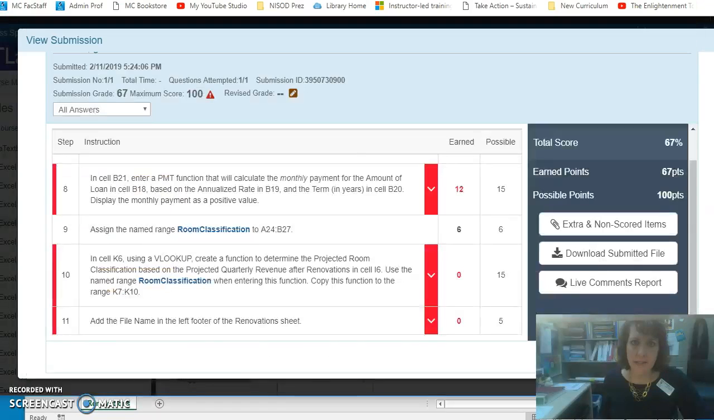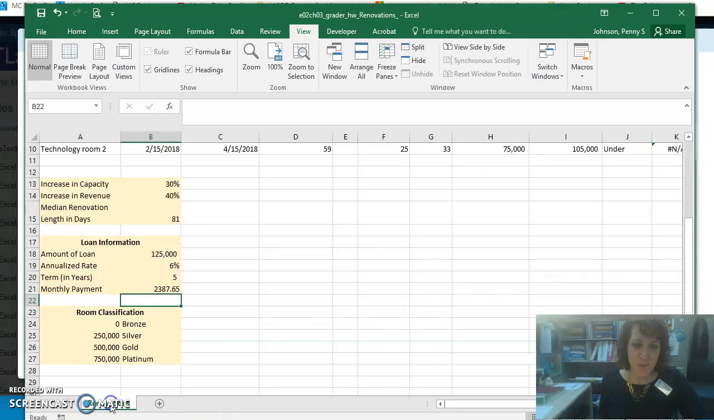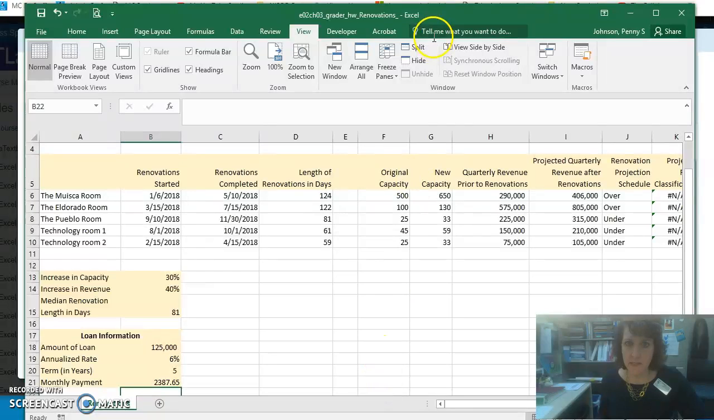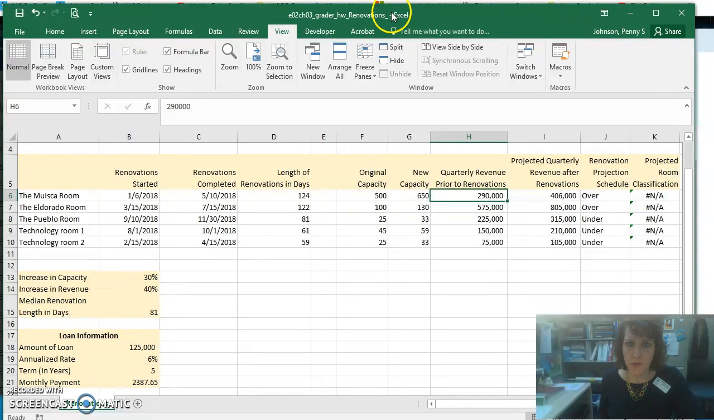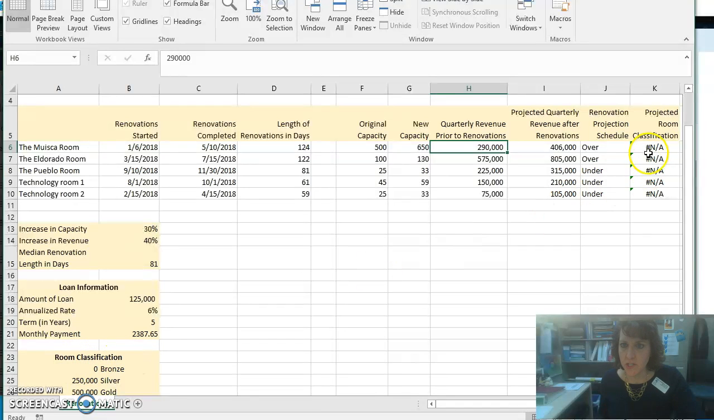Let's see what our next step is. That was step 8. Step 10, in cell K6, use a VLOOKUP function. Okay, so we'll go and take a look at that one in the spreadsheet. And that's way over. I can see already it doesn't like what it's looking at here. I'm going to try to make the sheet bigger. Let's see if I can get this on the screen, because in the VLOOKUP function, we're going to reference room classifications down below. All right, and then on K6,